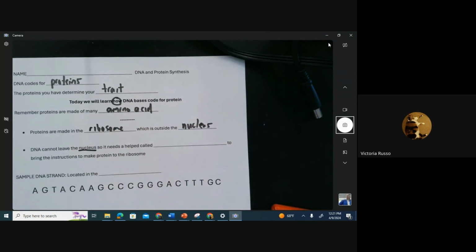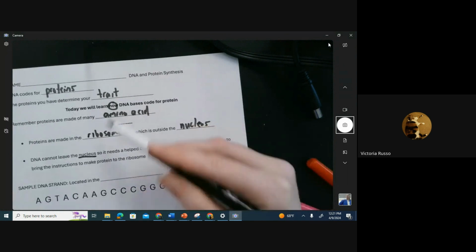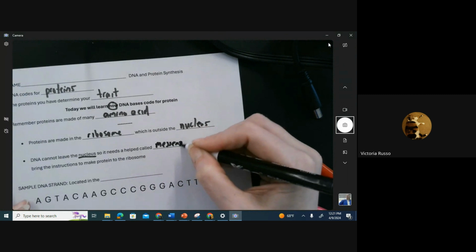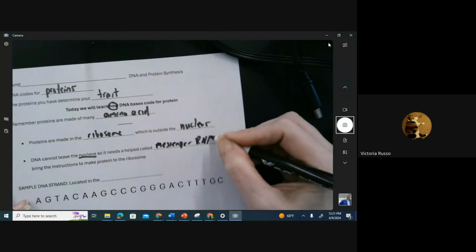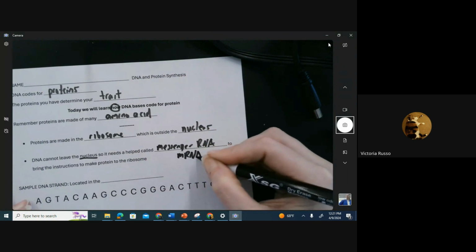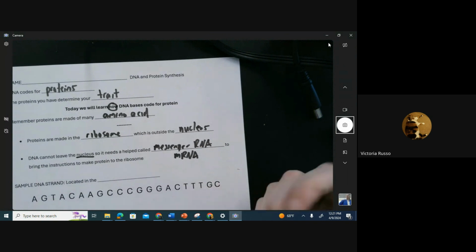So it needs a helper. The helper that's going to help it get the message to make protein to the ribosome is called messenger RNA, and for short, we call it mRNA. Its job is to bring instructions from the DNA in the nucleus to make protein at